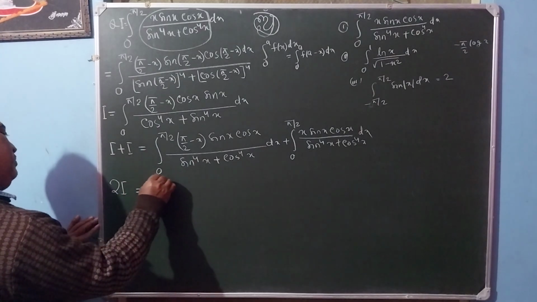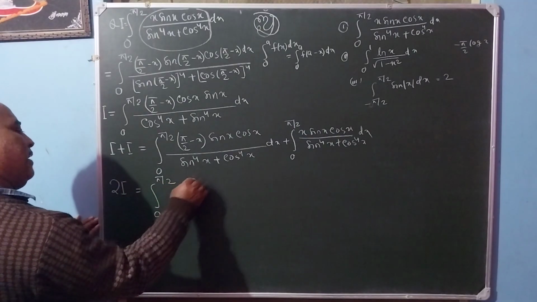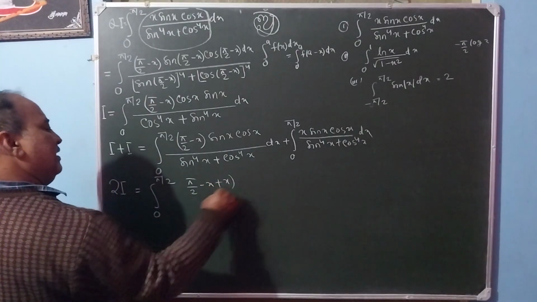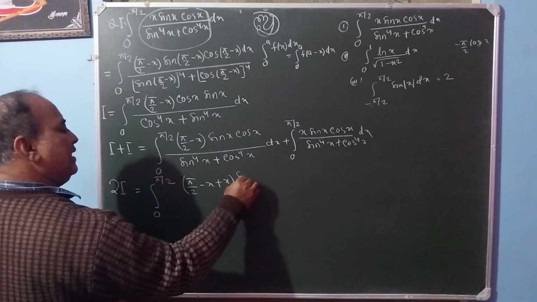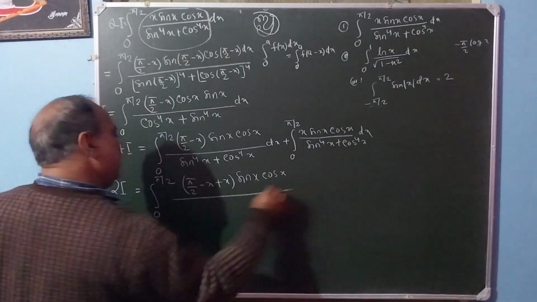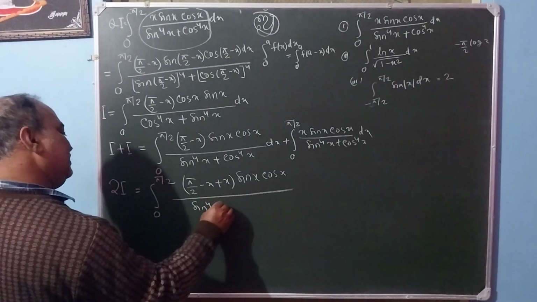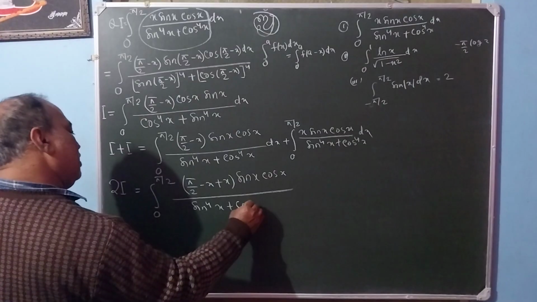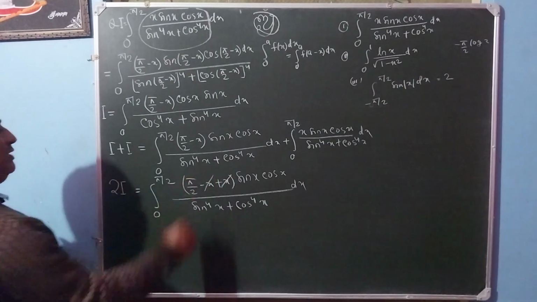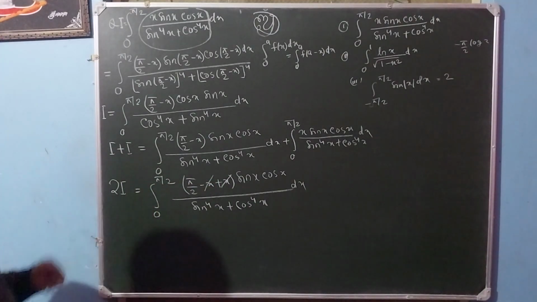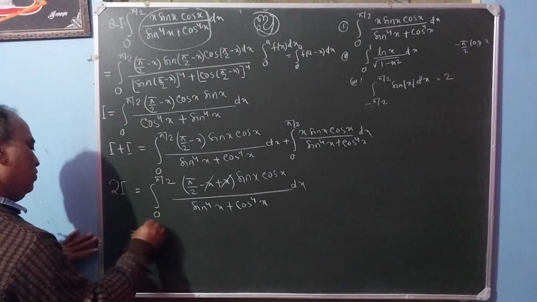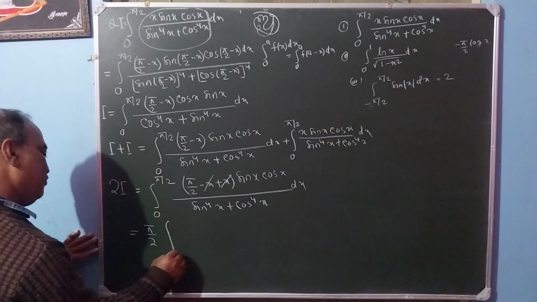integration from 0 to pi by 2, here it is pi by 2 minus x plus x, directly I am taking common sin x cos x divided by sin to the power 4 x plus cos to the power 4 x dx. So this x cancelled with this x. So pi by 2 is a constant that will come outside. So we get pi by 2 integration from 0 to pi by 2,